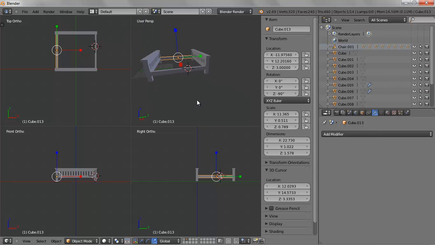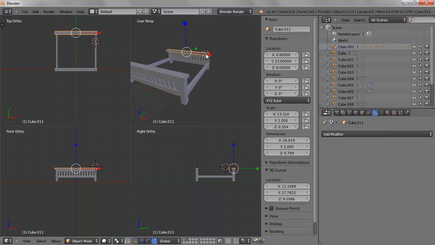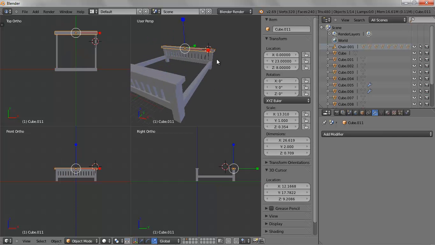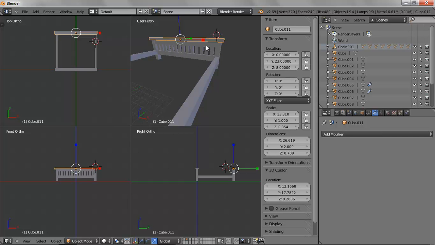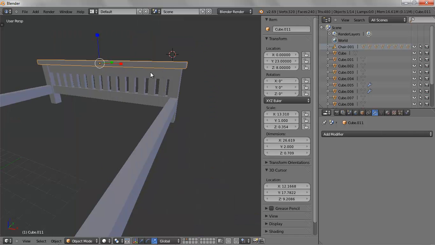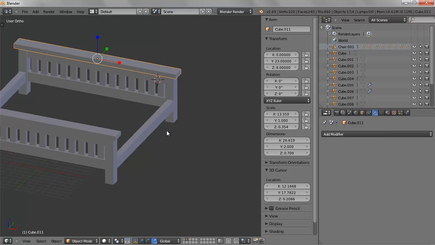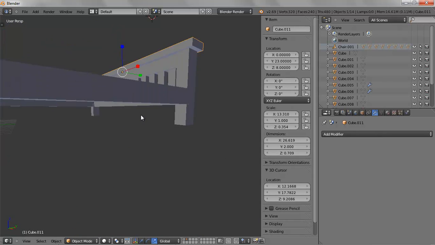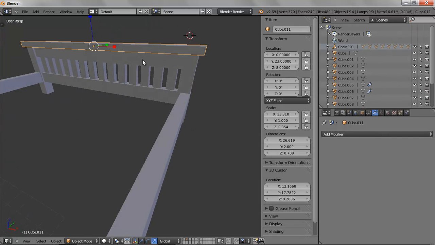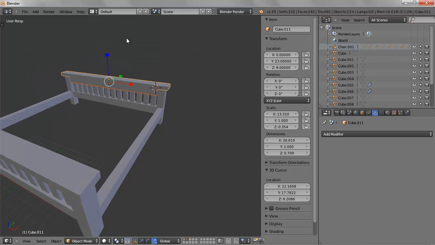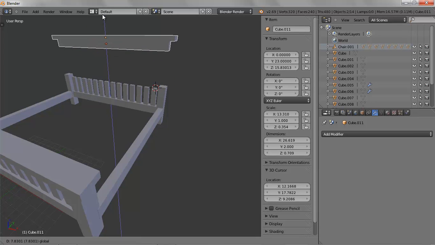Now the headboard needs to be higher than the footboard. So we need to figure out how we can change that. We know that if we grab, maximize this, I'll just change that a little bit in perspective. If I grab this piece and this piece and zoom out and switch over to move, and I pull this up, and then I can pull the headboard up high. Now these other objects I